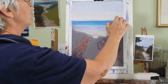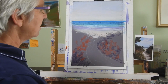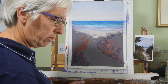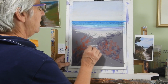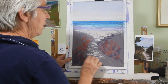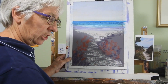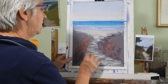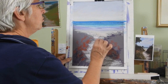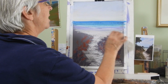and then we'll go back through here and I'll do something with some clouds in the sky eventually to make some more movement. The pathway itself is just going to consist of sand going across, and I'm just going to use a number of different lights to do that in a nice draggy kind of horizontal manner, just picking up a number of lights in pinks and some yellows, so some warms and some cool. These will run into the sand as well back here, so some of the sand colours,